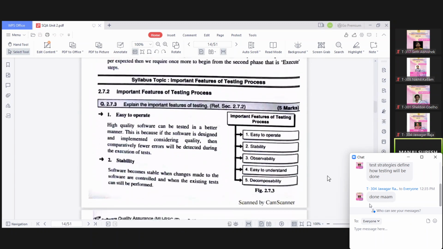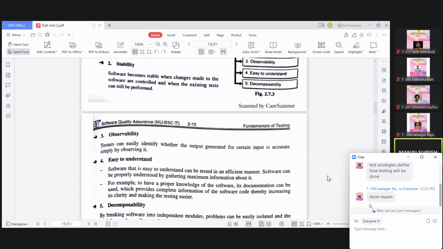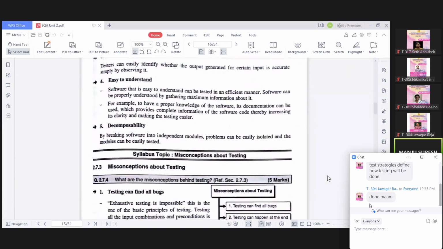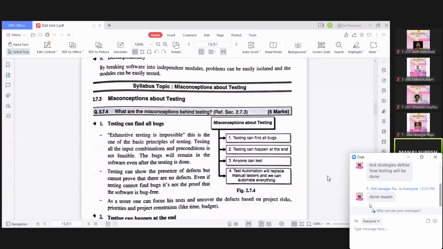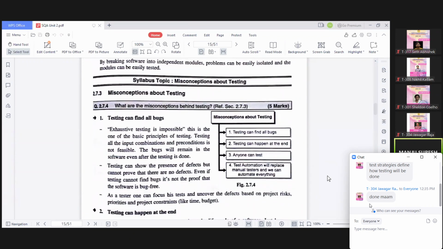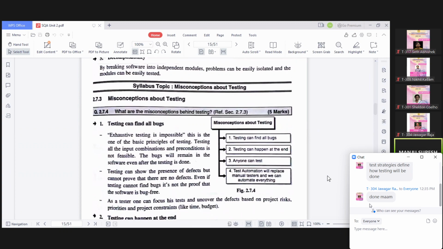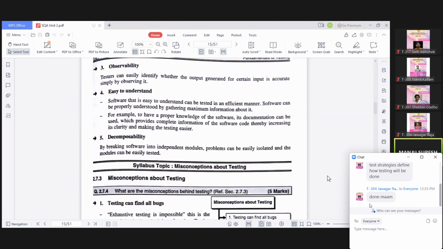So important features of testing process, please read it, okay? If you have any doubts, you can ask. Again and again I'm telling you this, okay? And I'm just moving to the next topic so that all these things you can read and understand.